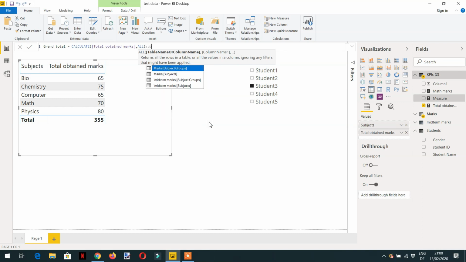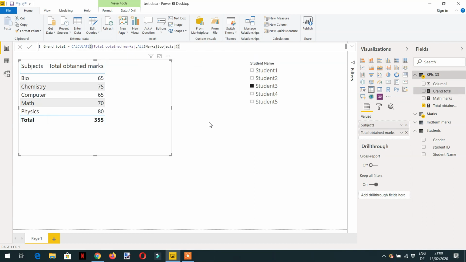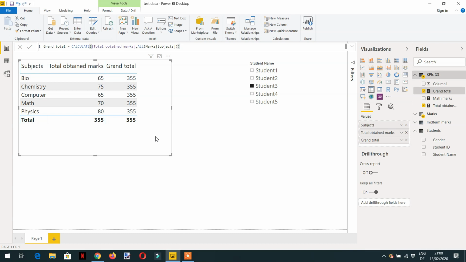So we will write the subject column and hit enter, and let's drag and drop it into the matrix, and here you will see we are getting the grand total that is repeating with every row,